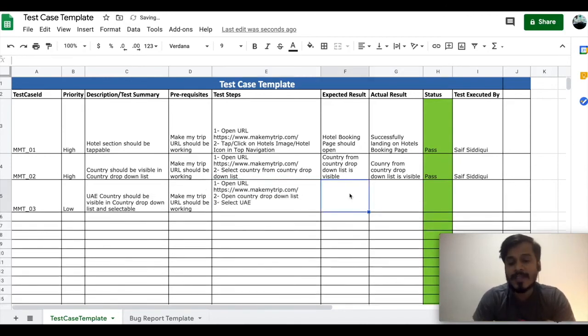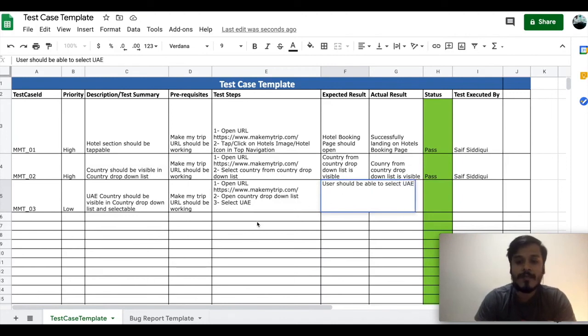So what is the expected once you are executing this test case? Are you able to select UAE? If you are able to select, then the expectation is I should be able to select UAE. So my expectation will be user should be able to select UAE.